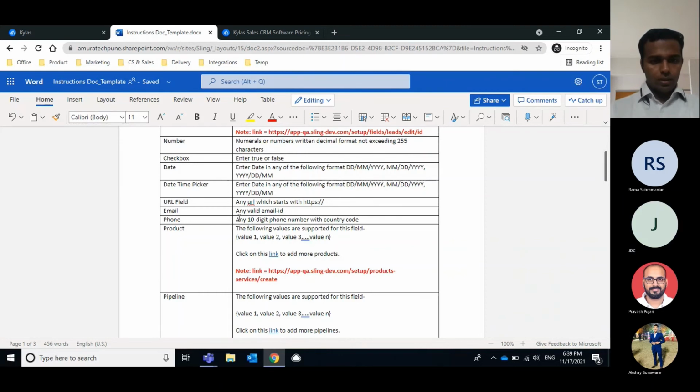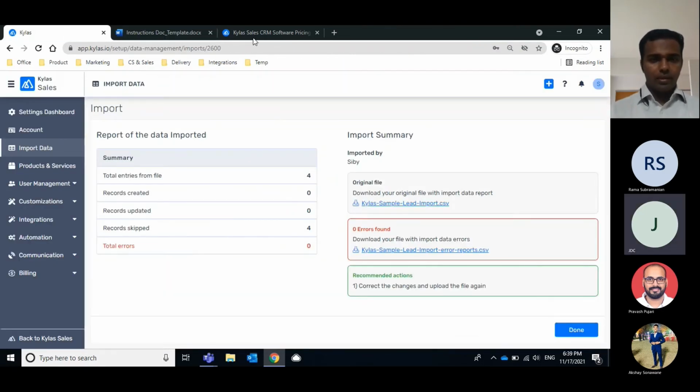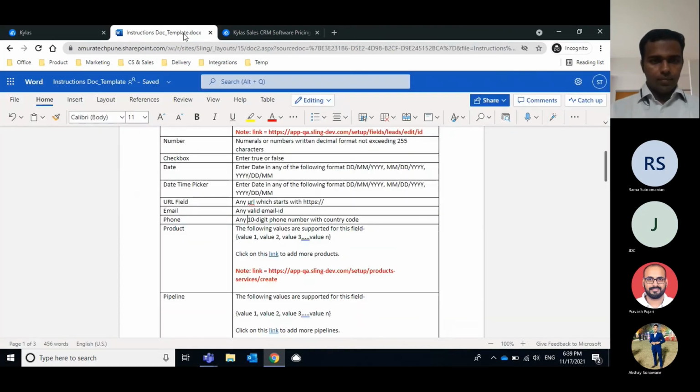I want to understand whether this condition of 10-digit phone number applies globally, or doesn't apply. So this was for Indian numbers. I followed this format. Any 10-digit phone number with country code. So country code is mandatory. That is it.